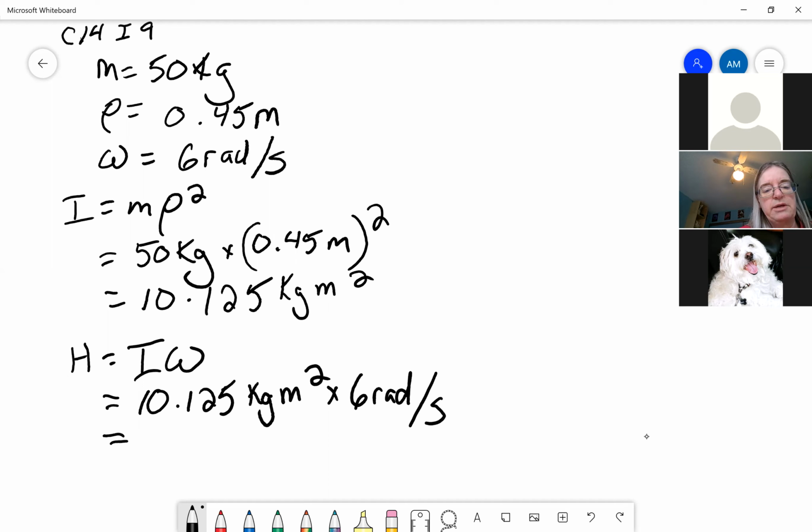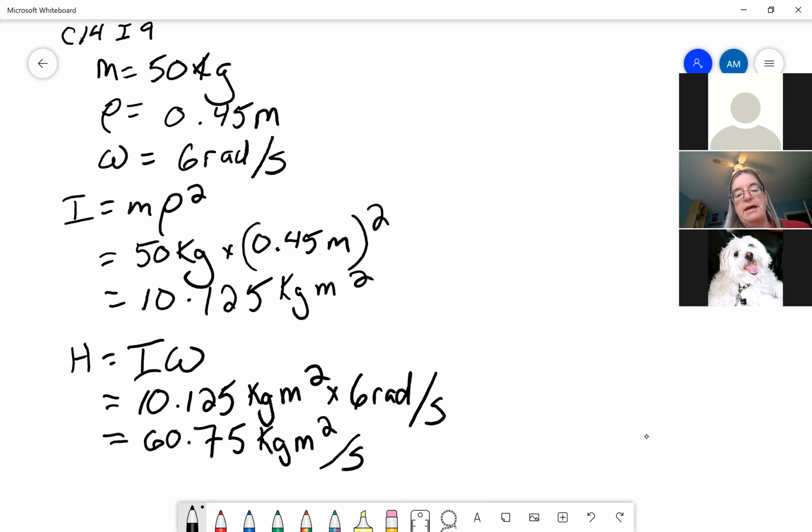So that's going to equal 60.75 kilogram meters squared per second. So there we go. That is how much angular momentum they have